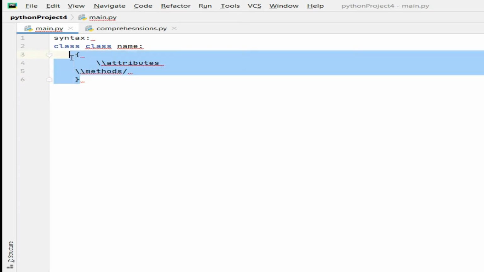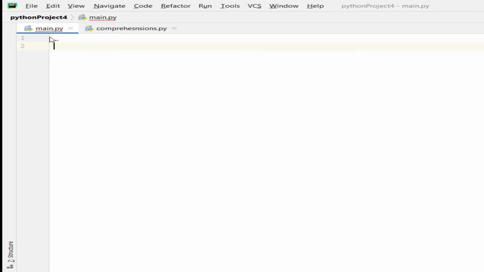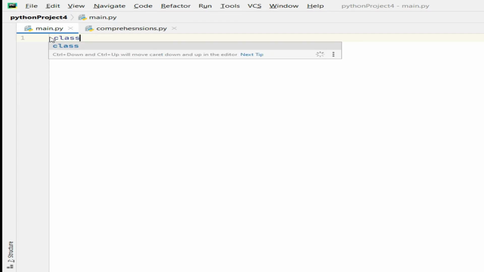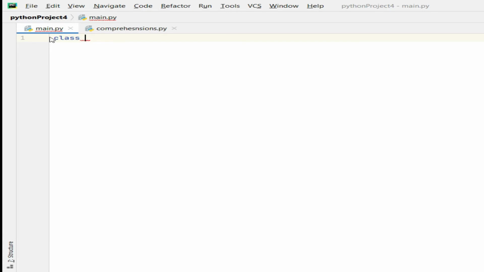So this is the syntax. I will erase this and create a class. What is the syntax for the class creation? Class, followed by the class name. The class name I am taking as Computer. In a computer we will have so many things: configurations, RAM, how much hard disk, what is the type, what is the CPU.